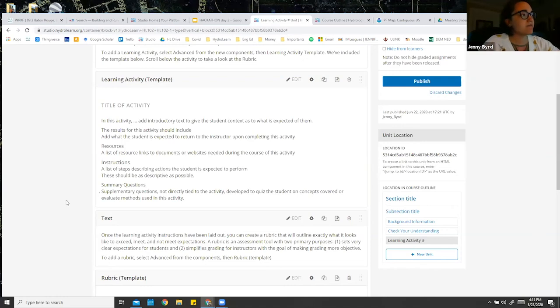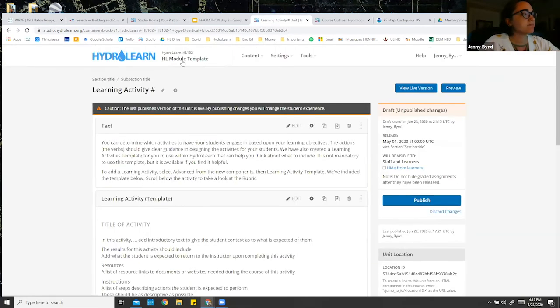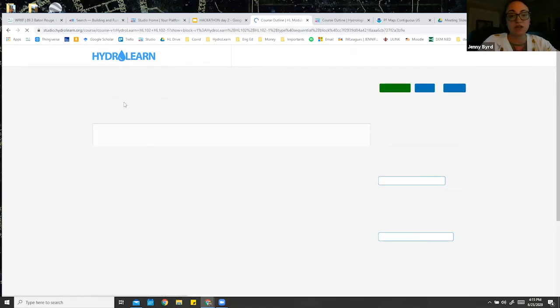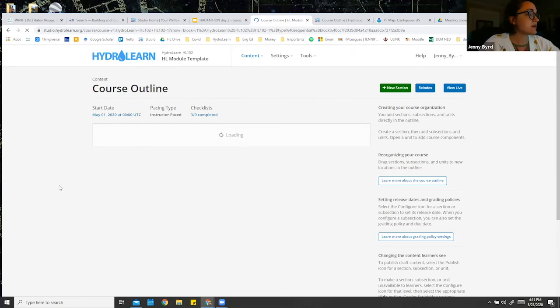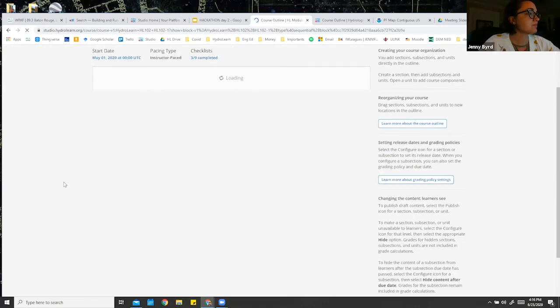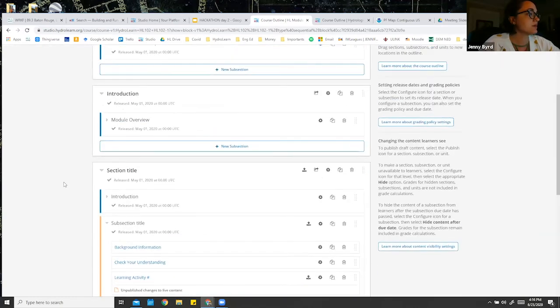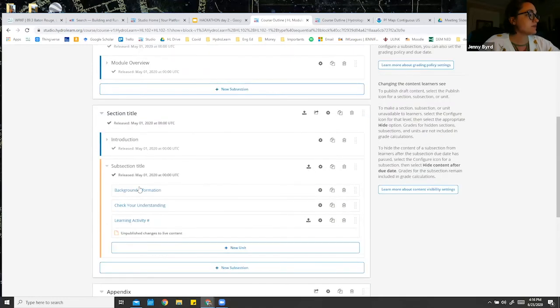For that, you can have a separate unit. If you feel like it doesn't fit within an introduction to the activity, you can always put it right before the activity in its own unit, if that makes sense. Yeah, so here we have the background information. Maybe this is what you're referencing. So this could be an area where you put additional information that is related to your activity, but isn't necessarily an introduction to it.